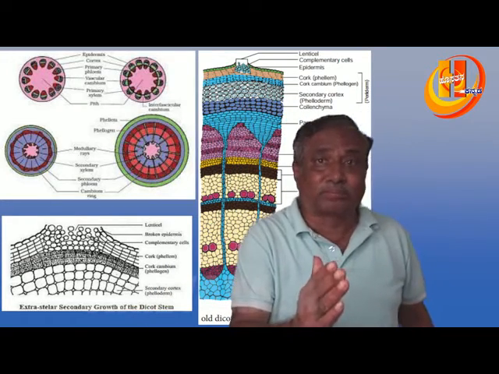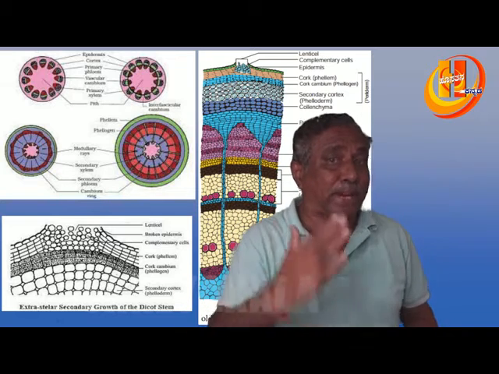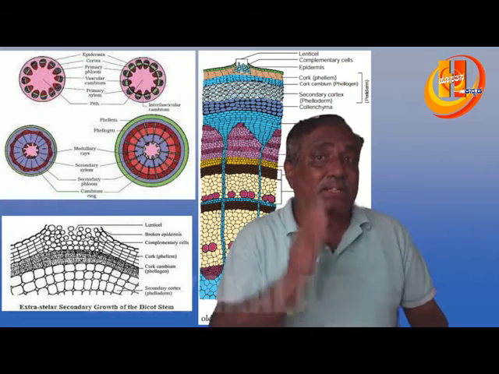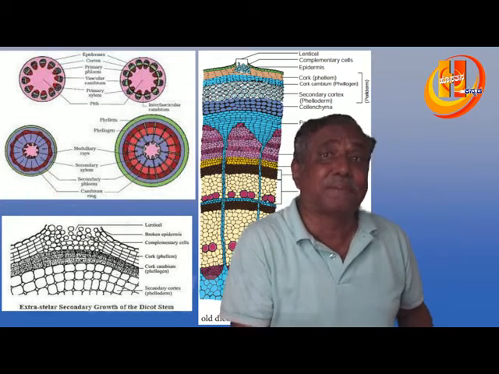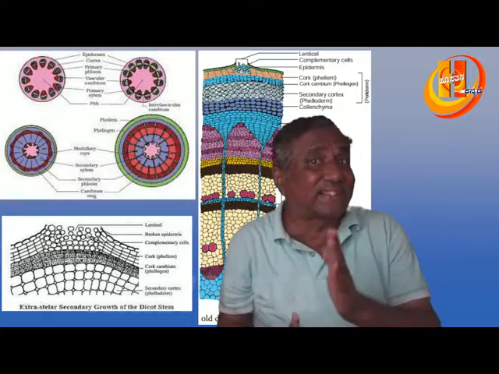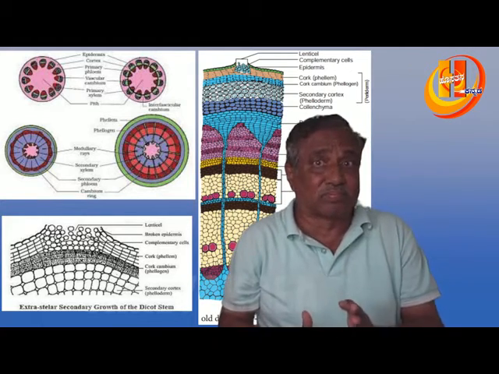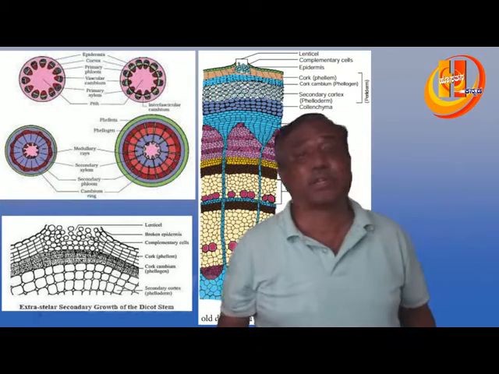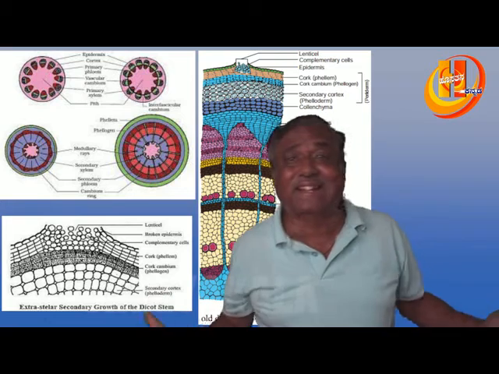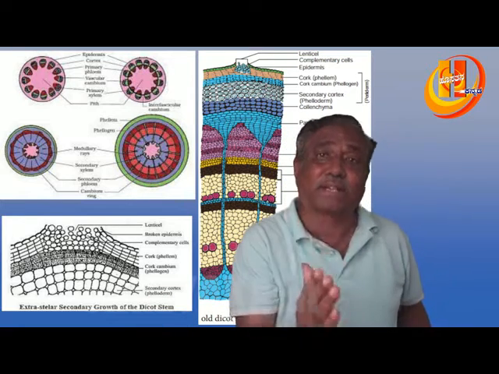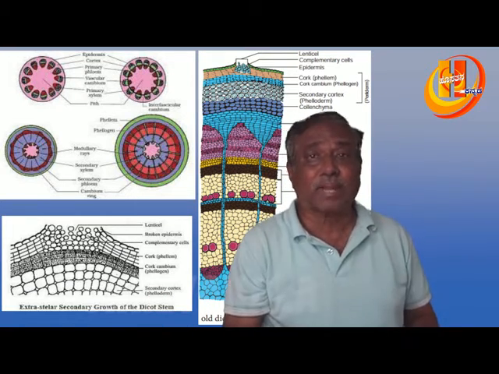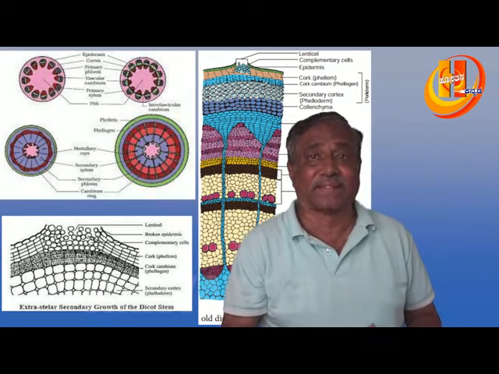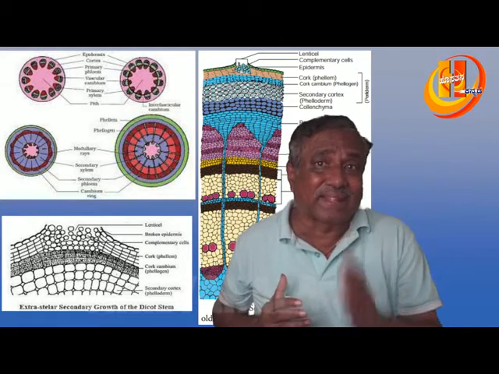Apart from springwood and autumnwood, there are medullary rays. Medullary rays are the few parenchymatous cells which run parallel through the secondary xylem and the phloem. They help in the lateral conduction of food and water. Apart from springwood, autumnwood and medullary rays, now in the secondary xylem,